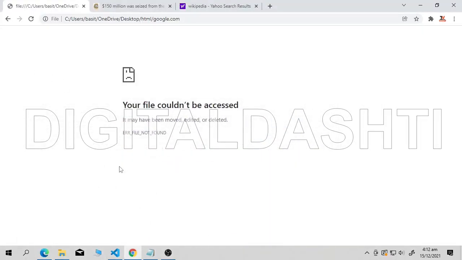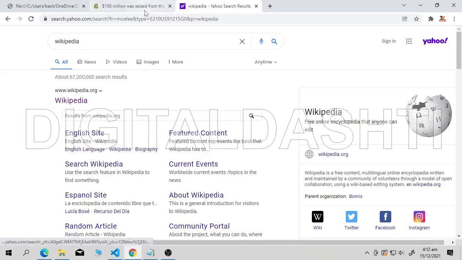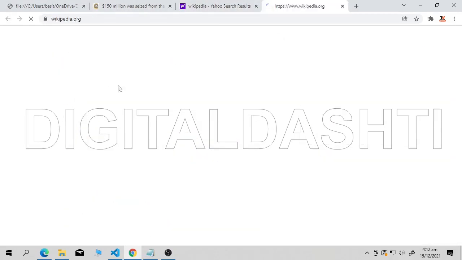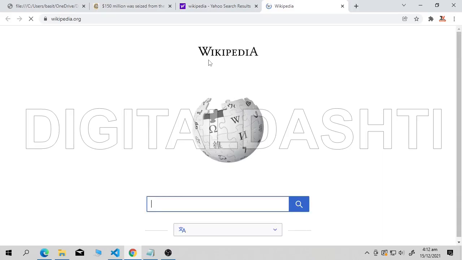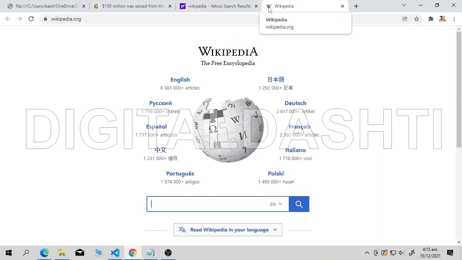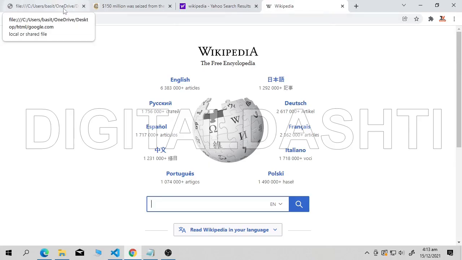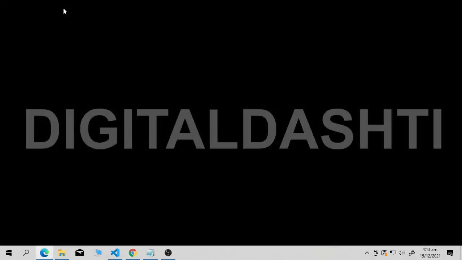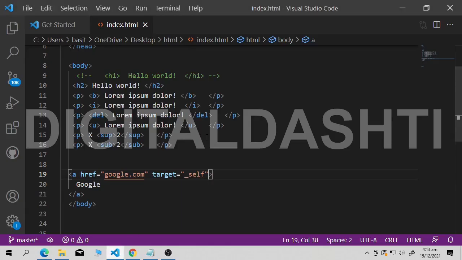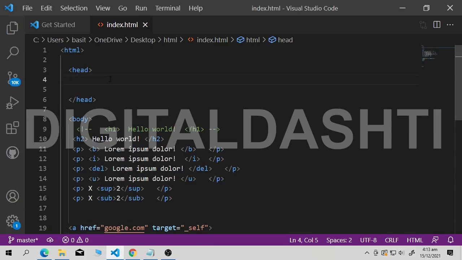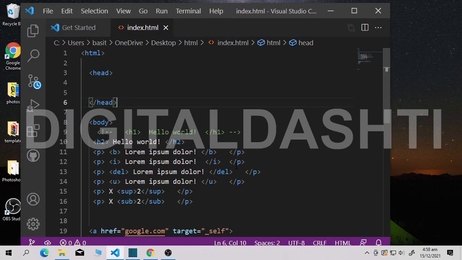So now what is the last thing? The favicon. As you know, this is our Wikipedia. Let me open wikipedia.com. As you can see here above at the left side, it shows a W, this is your favicon. How can you put an image here in your website as a favicon? Let me show you that code. For that you have to open your Visual Studio Code editor. Now let me show you how you can add a favicon to your website.